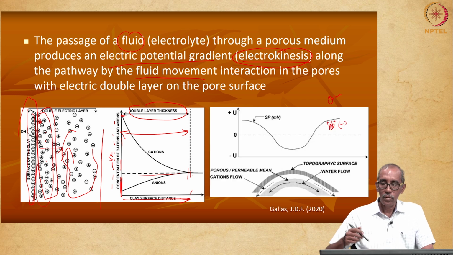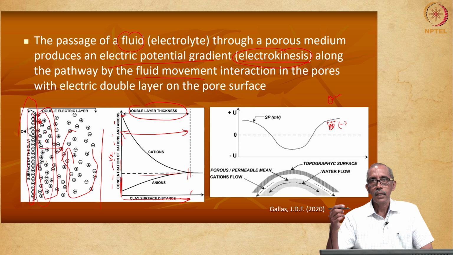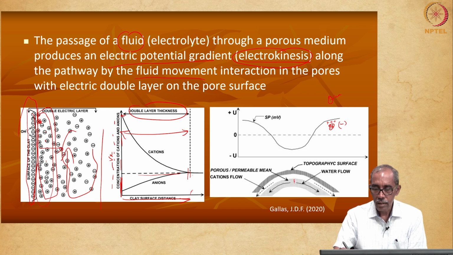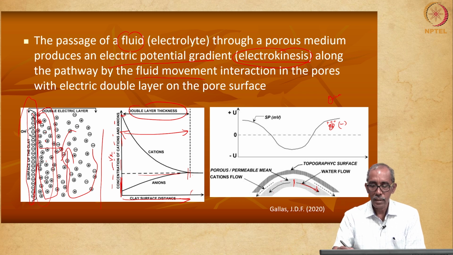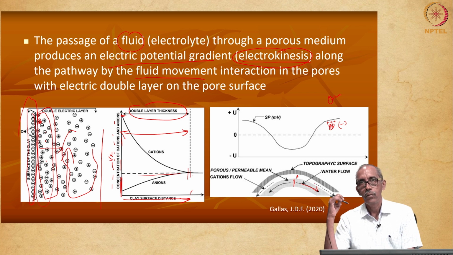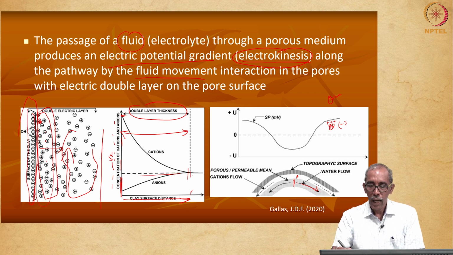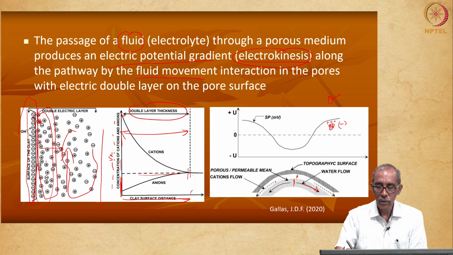So, this leads to the development of electrical potential, right, depending upon the situation, subsurface situation. Here you see, right, water is flowing in this layer, right, and the way in which water flows in this region is different from that of the water that is flowing in the white colored layer. Okay. So, here is the water flow. As the water flows, the ions in the next layer tries to also follow the movement of water, right. So, here you may have the positive ions.